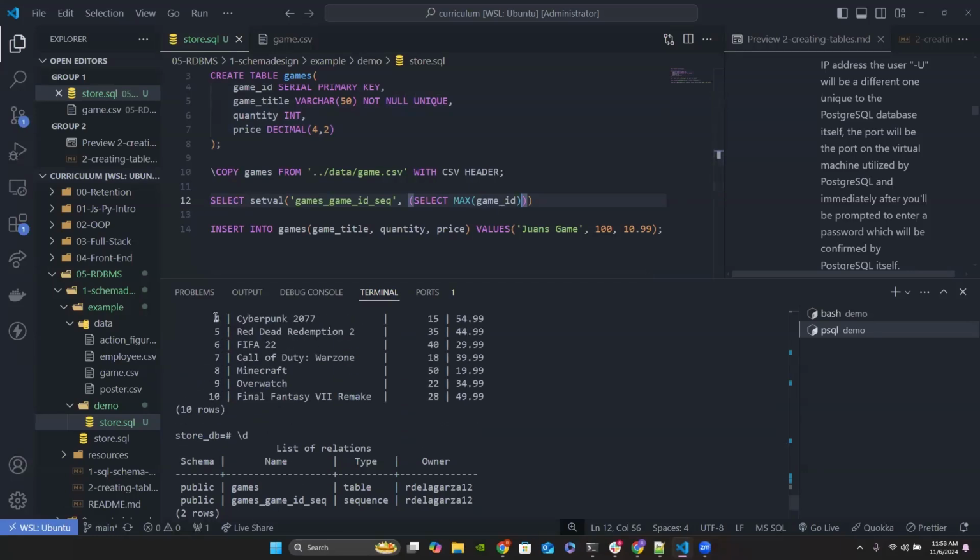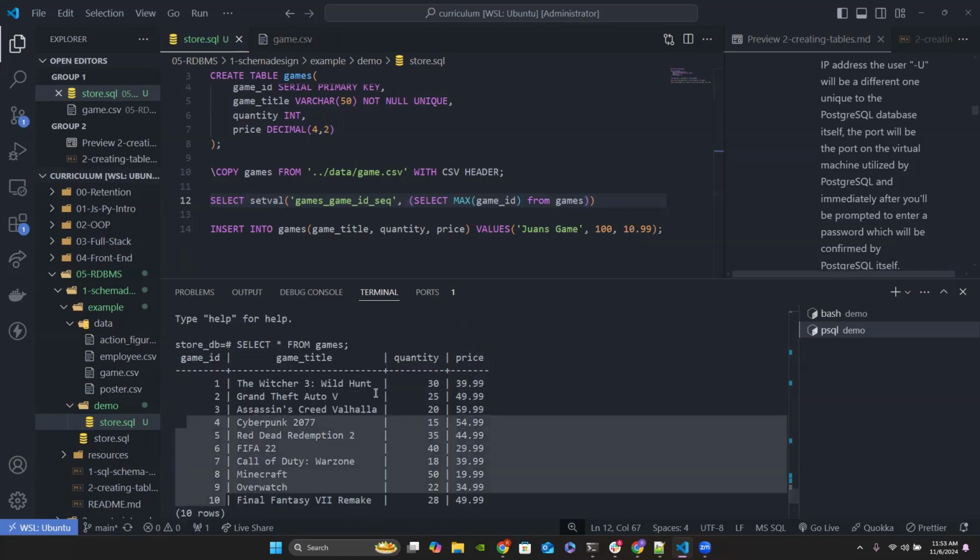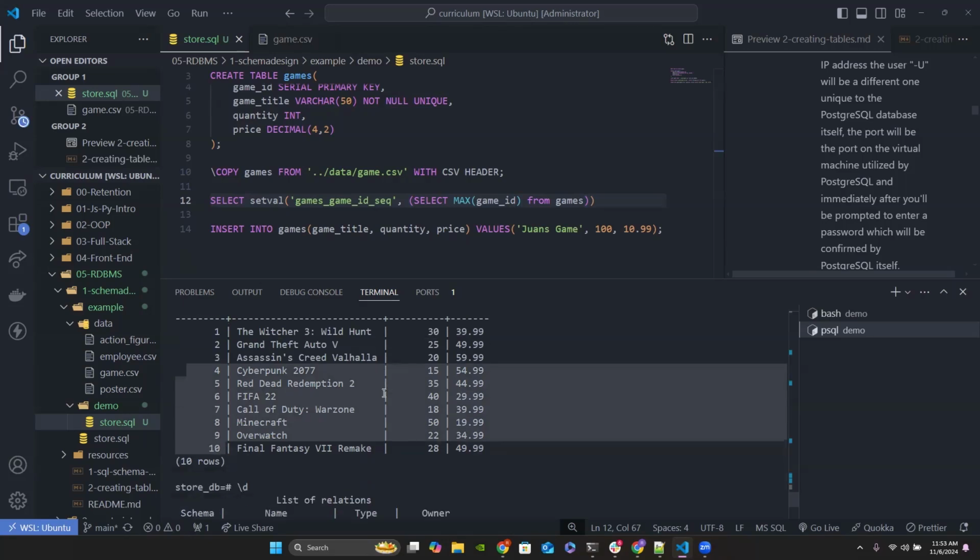It's going to grab the max value of all these, which is obviously going to be 10. And after that, I'm going to say from, and then the table, and it should be games. The games table. So it's going to grab the max ID within the games table. It's going to set that as the value for the game ID,